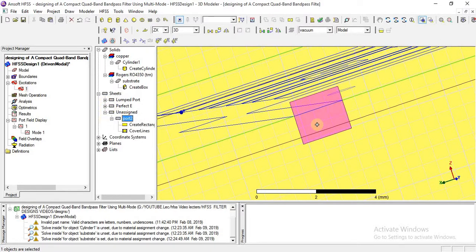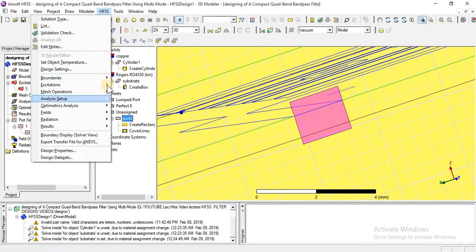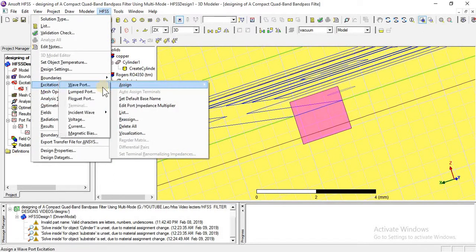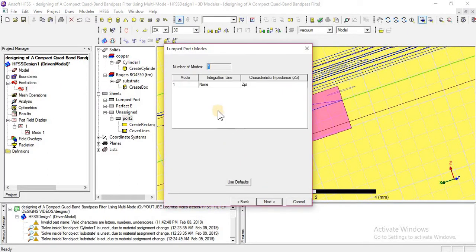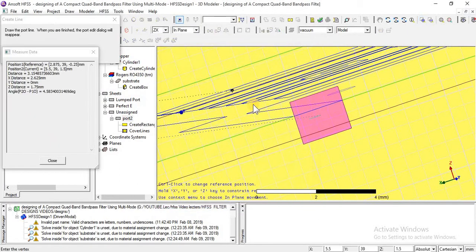Now I am going to assign a lumped port to port 2. Click on port 2. Go to HFSS. Assign lumped port. Similarly,